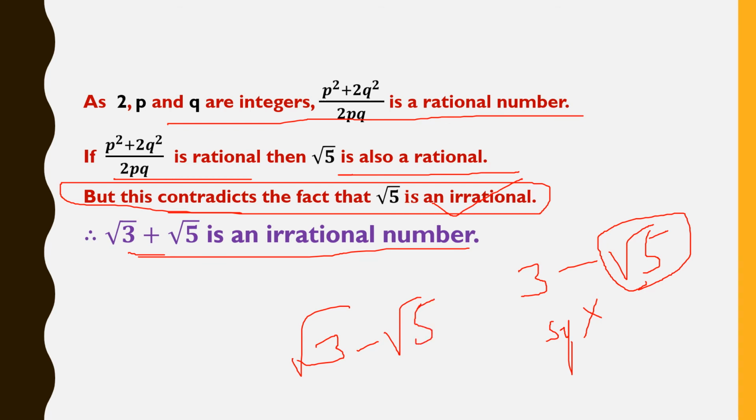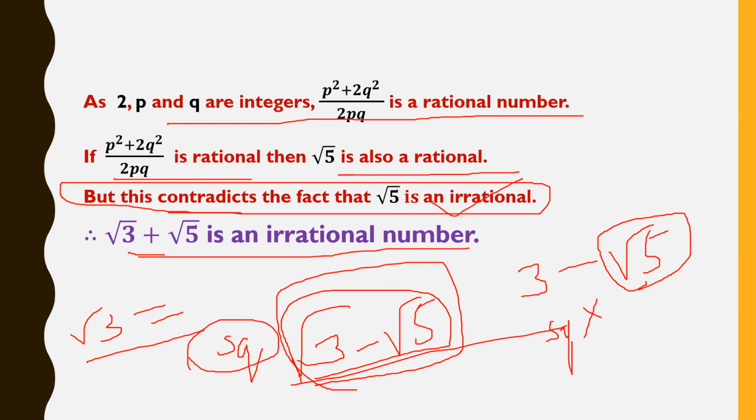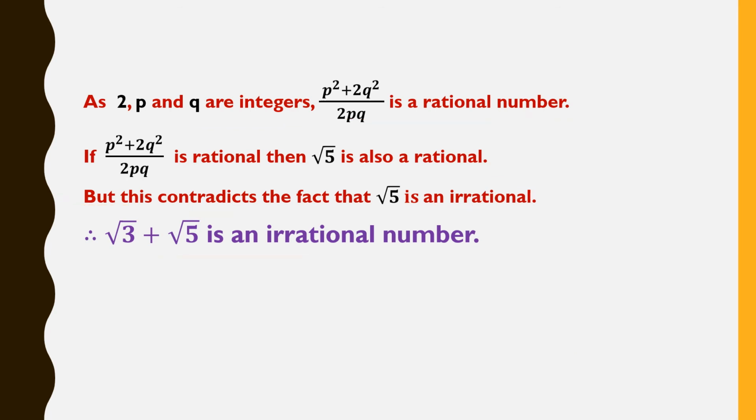If the root is for both of them, do squaring, because both are roots means in the question you have two irrational numbers, and we cannot write root 3 equal to and root 5 equal to at a time. We can write only one thing. To remove the other root, we are doing squaring here. Here already the root is for only one thing, so there is no need of doing the squaring. Clear, children? So let us go to the next problem.